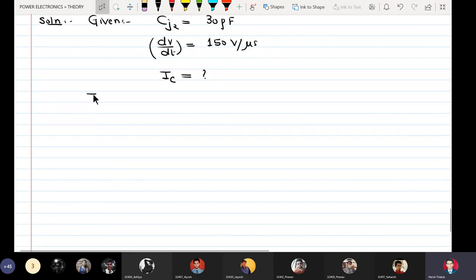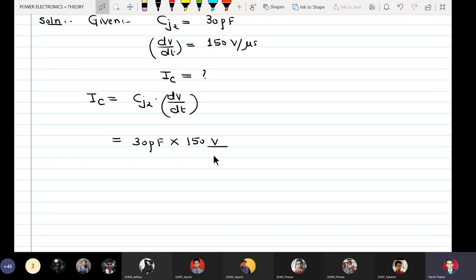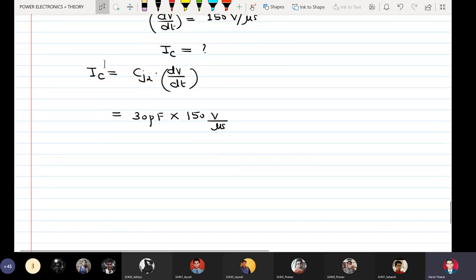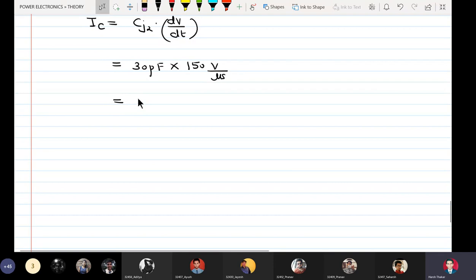So IC is CJ2 into dV by dt, which is equal to 30 picofarad into 150 volts per microsecond. So equal to 30 into 10 raised to minus 12 into 150 volt upon 10 raised to minus 6 seconds,